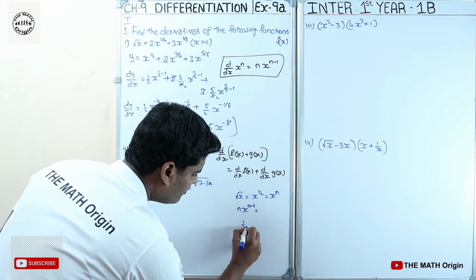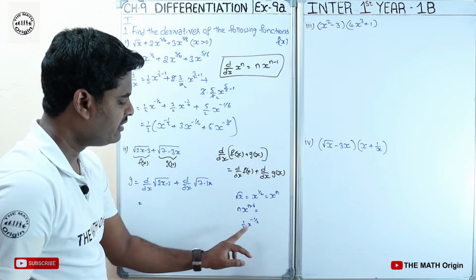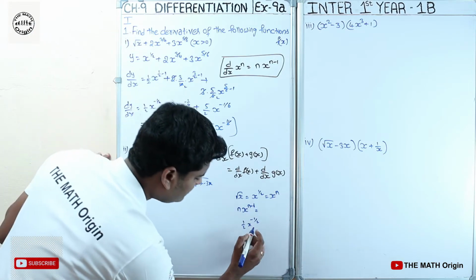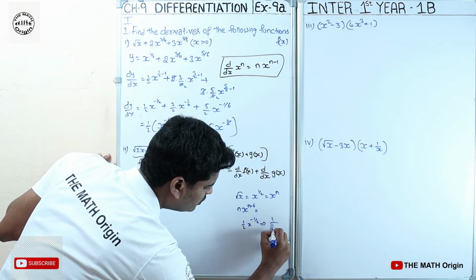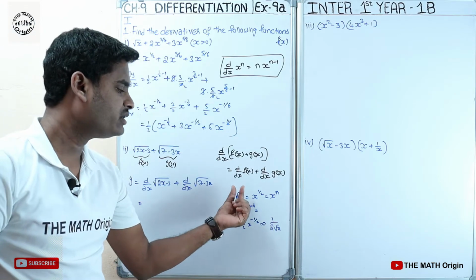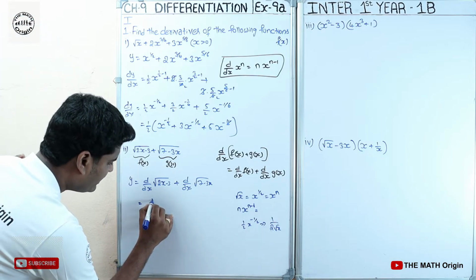So it will be 1 by 2 into x power minus 1 by 2, because 1 by 2 into x power 1 by 2 minus 1 will be minus 1 by 2. Therefore the derivative of root x can be written as 1 by 2 root x. So here I will write it as 1 by